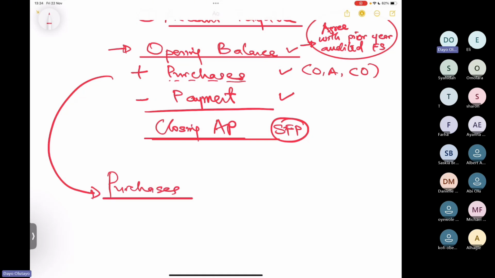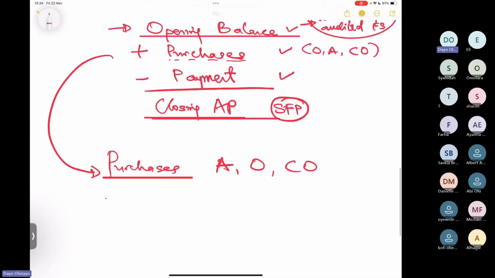Purchases. Going back again, it always has to do with assertions. What assertions will be critical for purchases? You'll be looking at accuracy, you'll be looking at occurrence, you'll be looking at cutoff. Extremely important. And how do you test for accuracy of any purchases? Remember, accuracy is about the amount. Is the amount correct? All you have to do is to say you're going to select